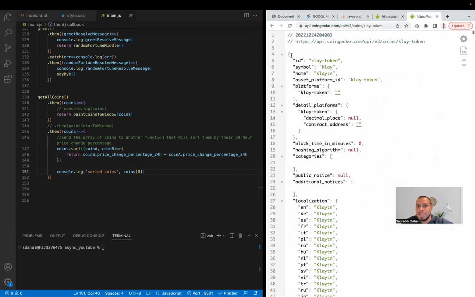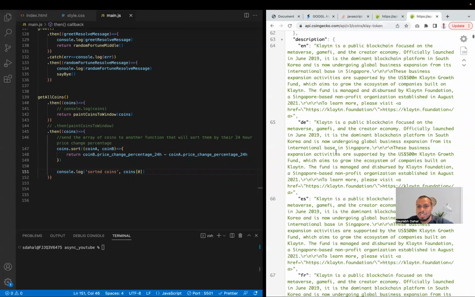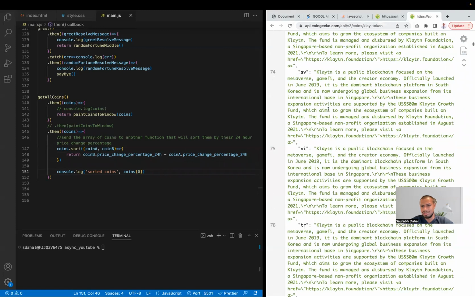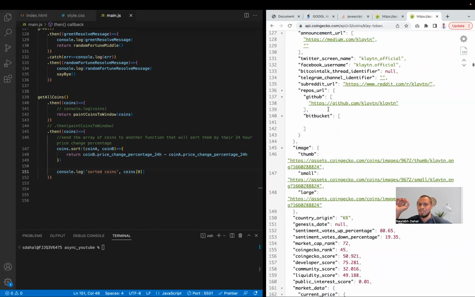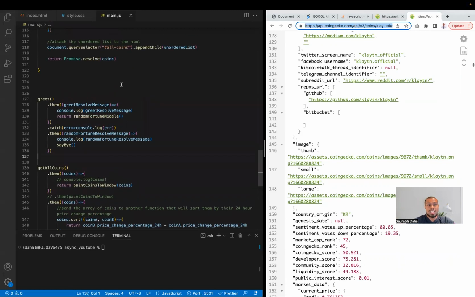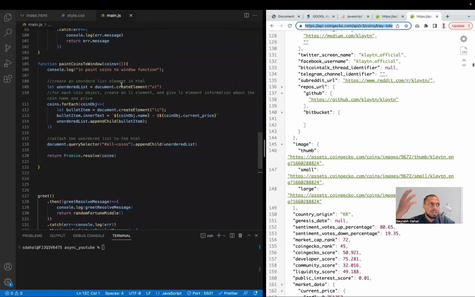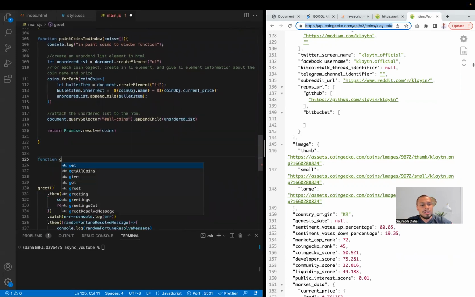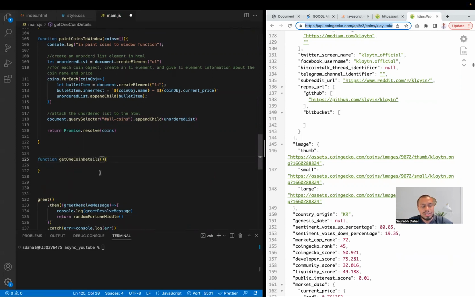Clay token. I get information just about Clay token and a bunch of extra stuff about it, like even a description. So I get even more details about a specific coin from this API endpoint. So let's say I wanted to make a call to just get information about one coin. So let's have another function, get one coin details, and it's going to accept a coin